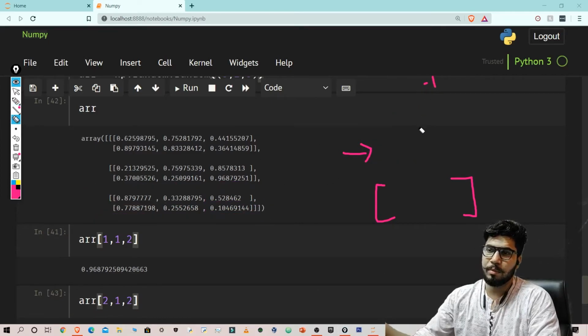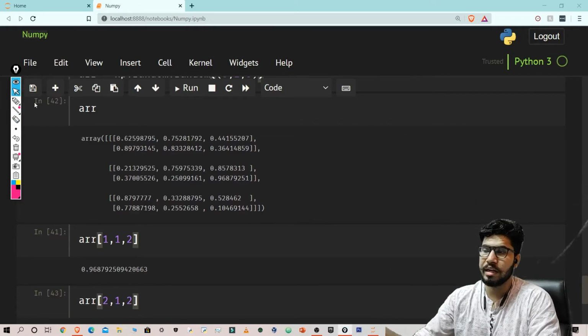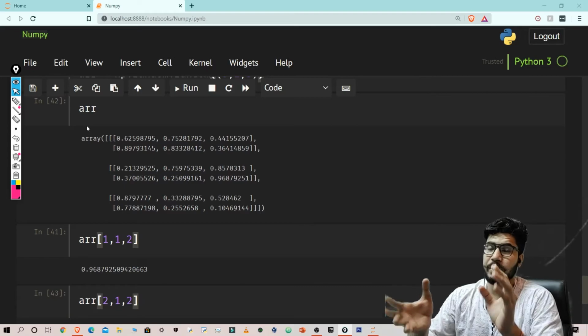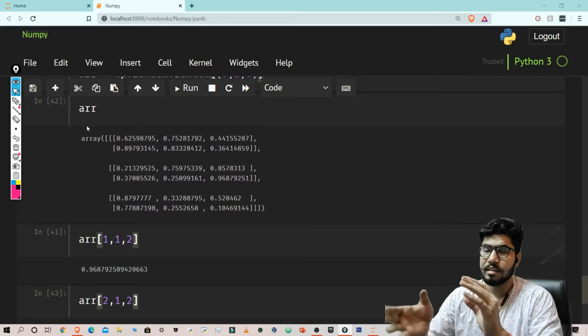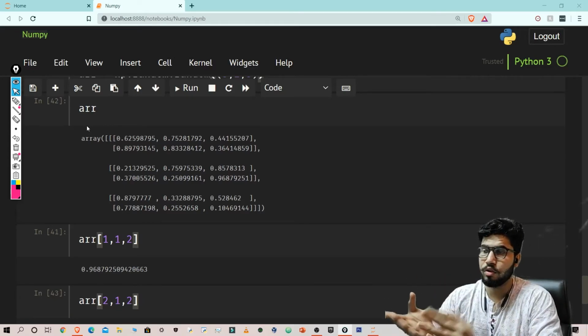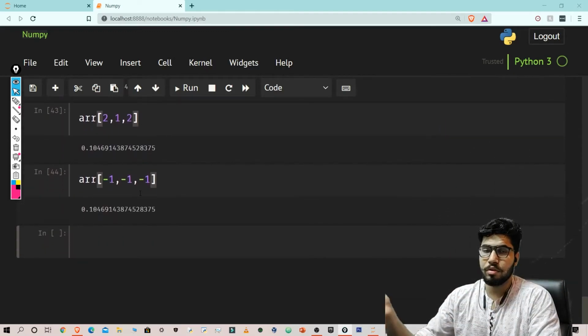So this is the concept of negative indexing, but I am not going to get into it a lot. I have already told you how negative indexing works in this data structure, so you can go and check that video out, and also you need to practice it by yourself. I have given you the syntax and examples of how you can do it.